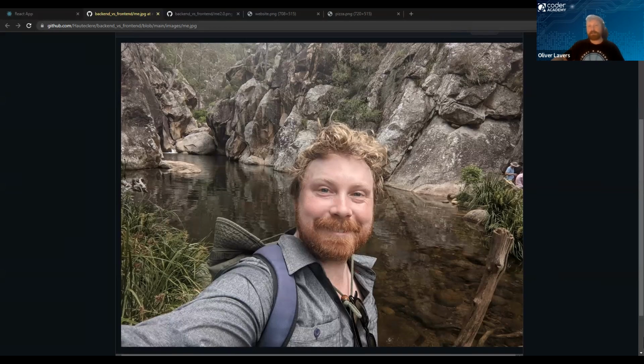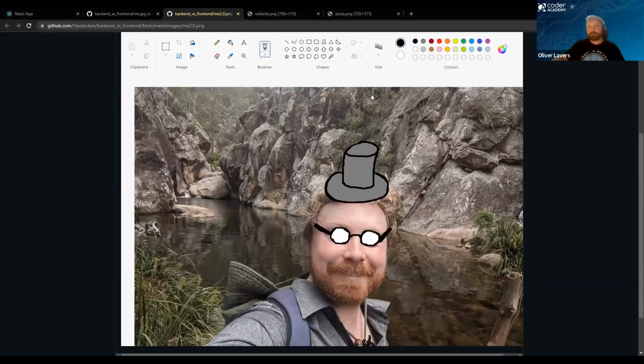If you've been using computers for the last 30 years or so, or any time in that 30 years, you're probably familiar with the idea that computers contain files and that there are programs on computers that you can use to open and manipulate those files. So just as an example, here is this same image being opened and manipulated in Microsoft Paint. I think it's an improvement, don't you?